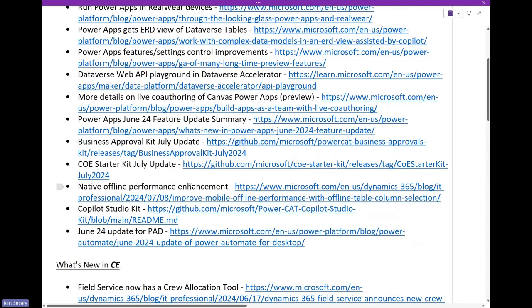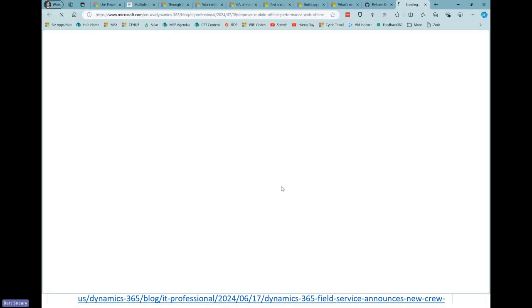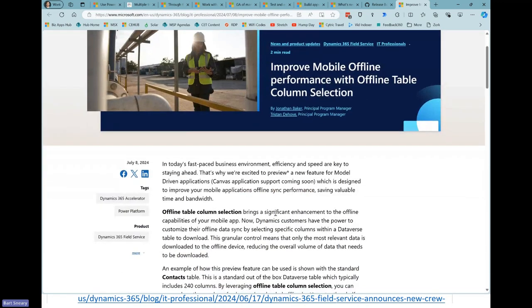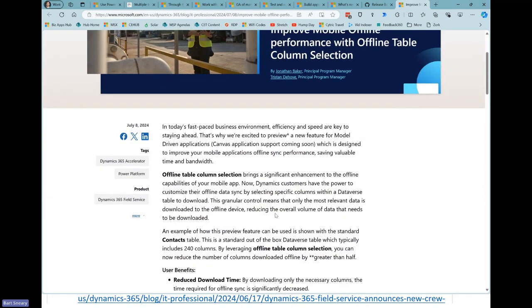If you use the native offline capabilities that are there with Dataverse and model-driven apps, this is another new feature that just got added for you. So this will come to Canvas apps and the native offline experience that we enabled with Canvas apps sometime soon. This is right now only the native offline with model-driven, but in that we are now allowing you to say, what are the columns that matter in the tables that I am bringing offline? So it's not just what records am I going to bring back and how do I want to write those filters, but even within that record set, what are the specific columns that are going to be used offline,